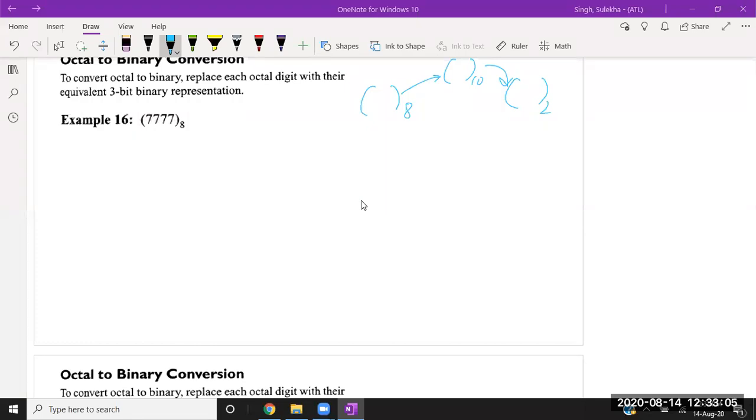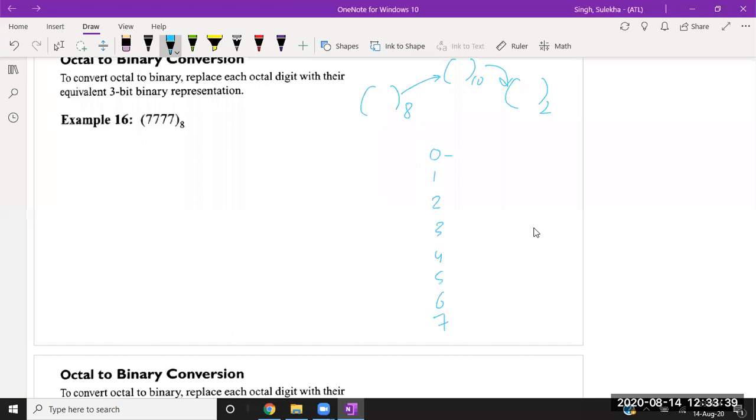Okay, most of you have the correct answer. 90% of my chat box has the correct answer. So let's see the basics. Whenever you are dealing with the octal number system, it means 0, 1, 2, 3, 4, 5, 6, 7. These are the numbers you need to deal with.